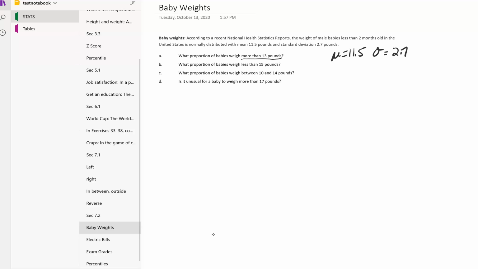So more than, I just subtract it from 1. So first I calculate z, x minus mu over sigma. So it's going to be 13 minus 11.5 divided by 2.7. So that's 1.5 divided by 2.7, which comes out to